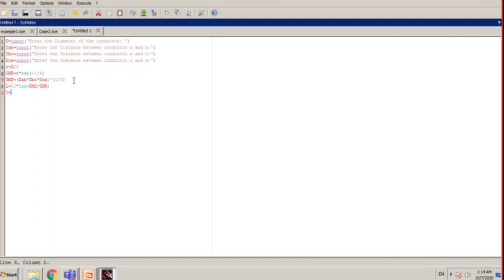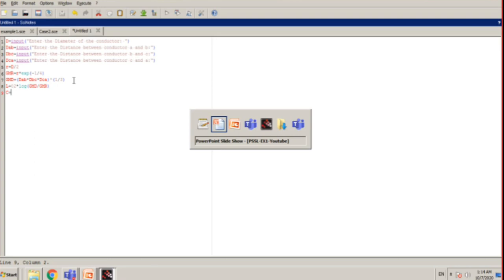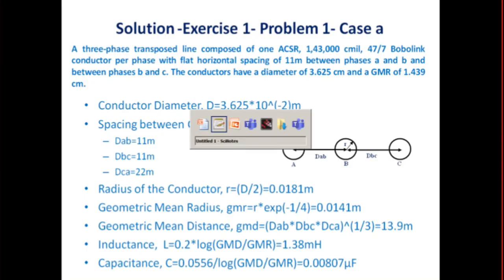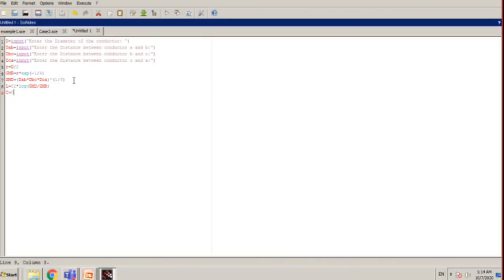Next we have to calculate the capacitance. The equation is 0.0556 divided by log of GMD divided by GMR.